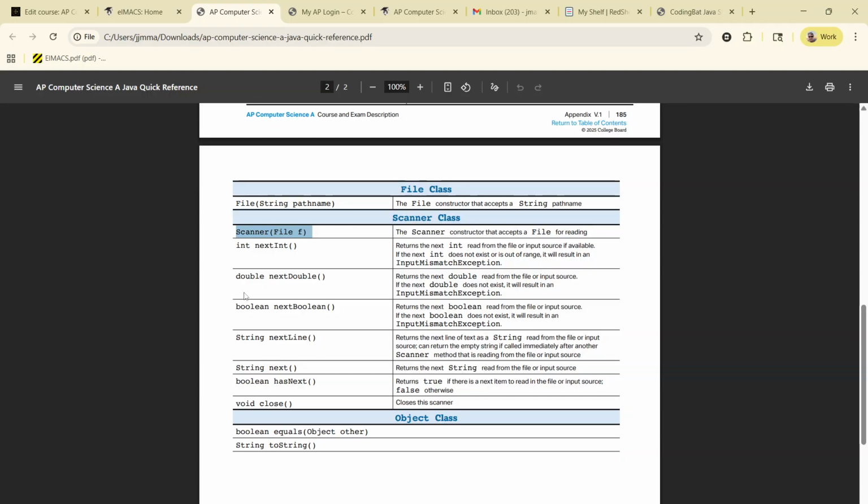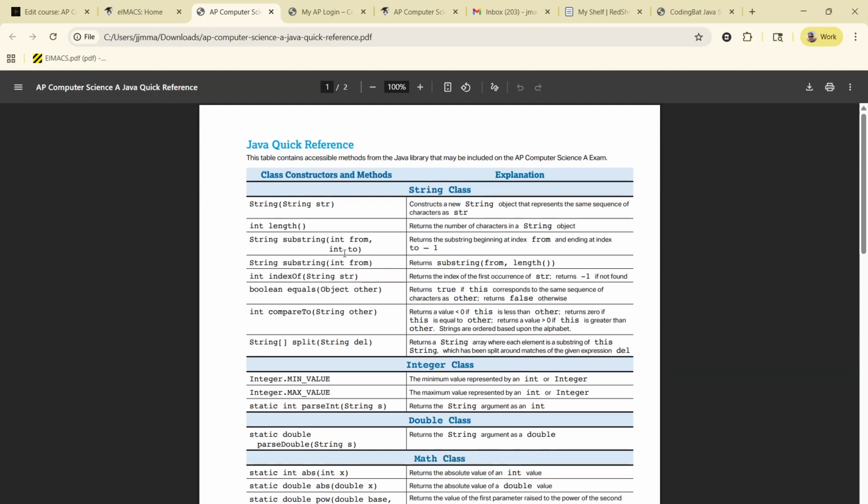So my advice is to get a copy of the Java Quick Reference, download it for your use, print it, maybe even more. It may come in handy. Now, we all know that Java API consists of a lot more methods than this, particularly in the string class, but in most of these classes as well. The math class has an extraordinary number of methods that will do advanced calculations like arc cosine and other stuff that you'll